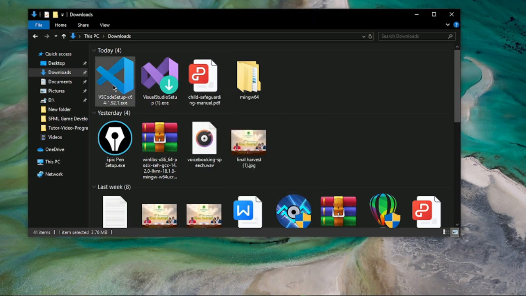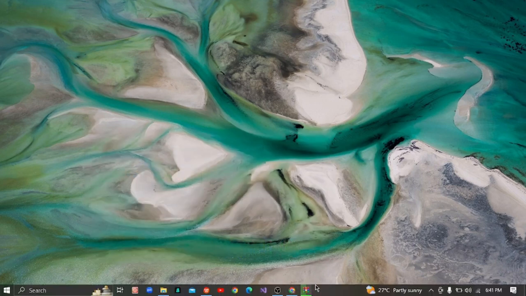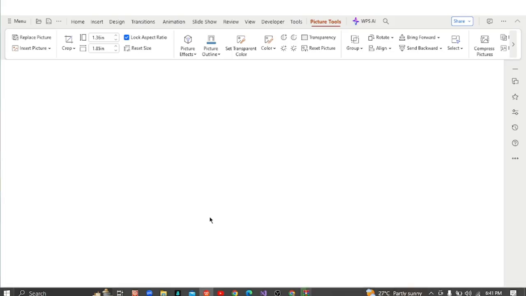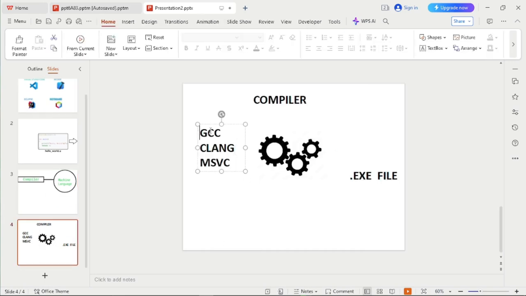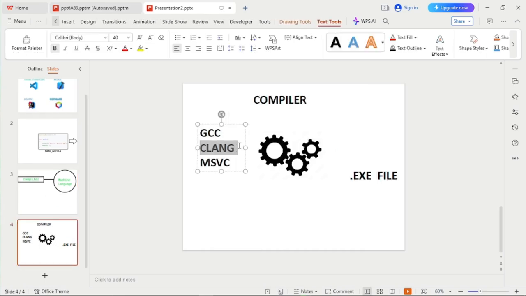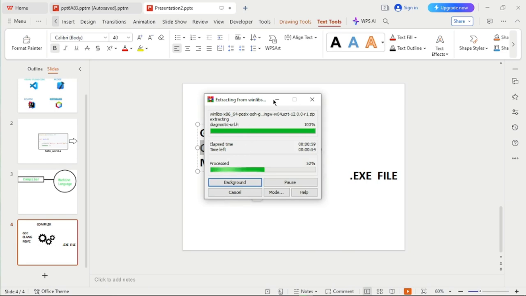As we wait for this extraction, let's go for others. We will have to download Visual Studio. Remember we said we get three compilers. We have GCC and Clang, which are the ones we are extracting outside here. Both of them are in this file. So we need